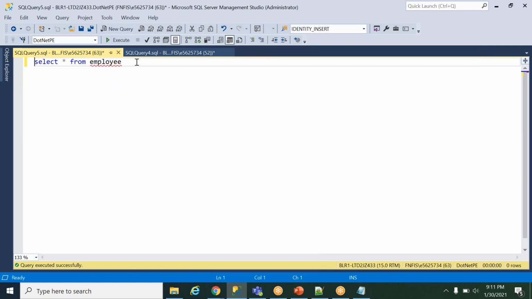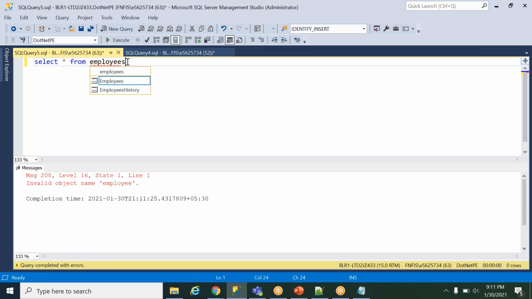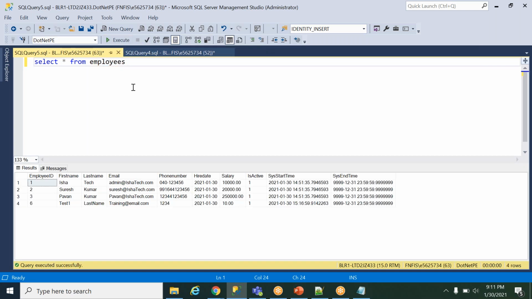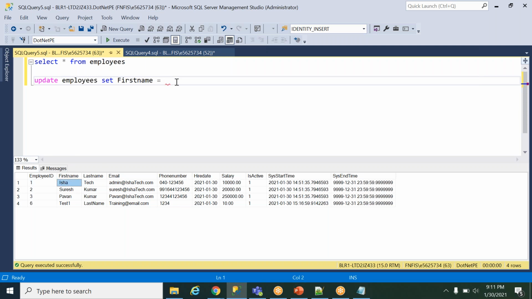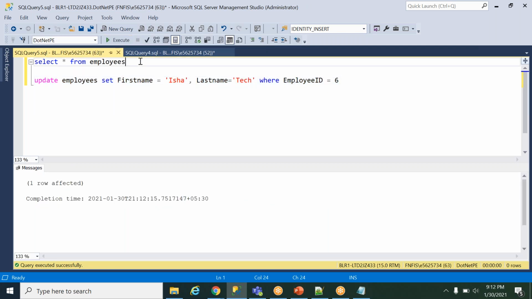Example, employee. One second. Update employees, set first name equal to Isha, and again set first name equal to Tech, where employee ID equals X. Then select star from employees.